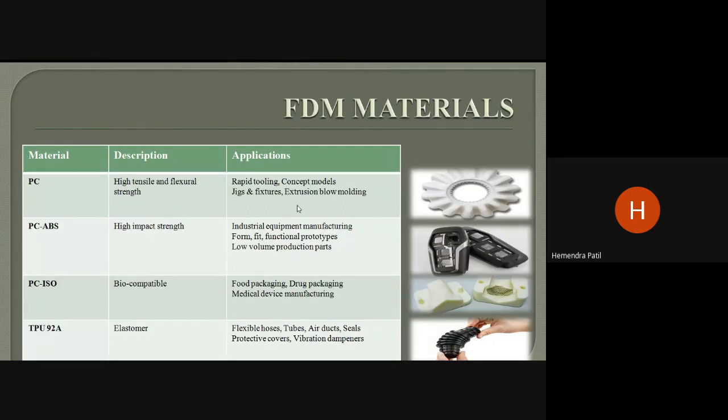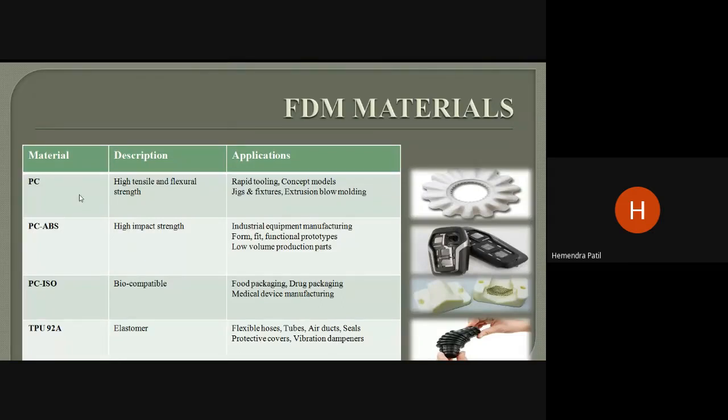Coming to the next, PC-ABS. PC-ABS is rarely available because it is not easy to mix PC and ABS in the same filament. It has the superior strength and heat resistance of PC with the flexibility of ABS. So it is a very high quality material with high impact strength. The applications are industrial equipment, manufacturing, functional prototypes, and low volume production parts made from